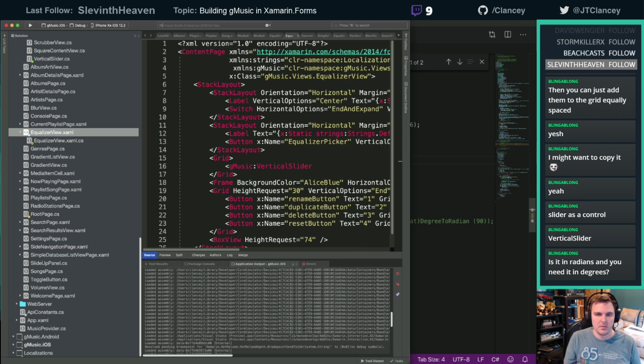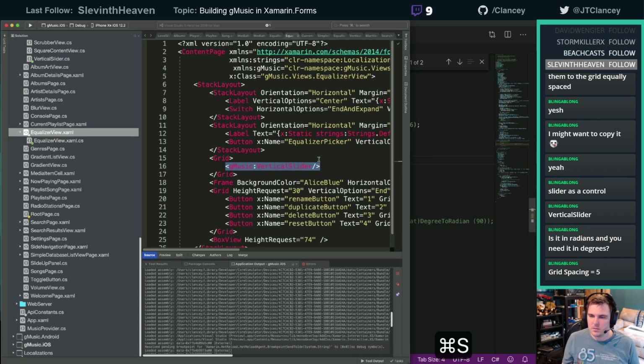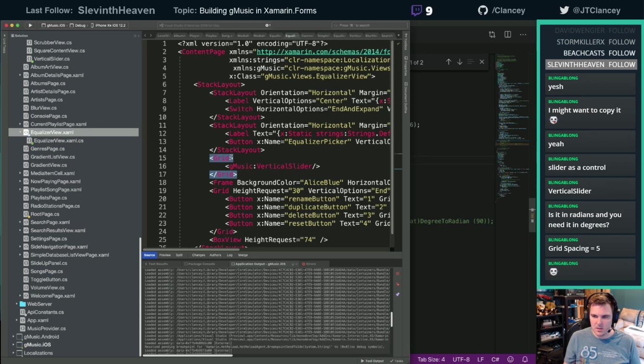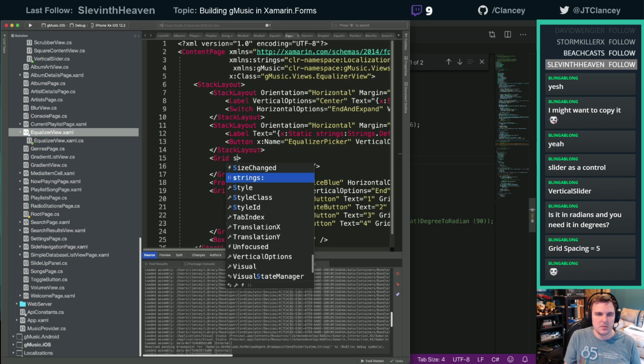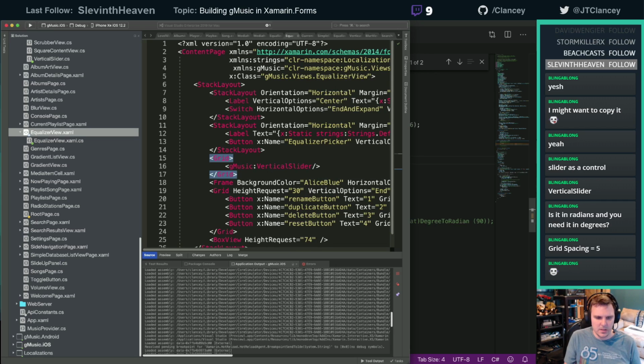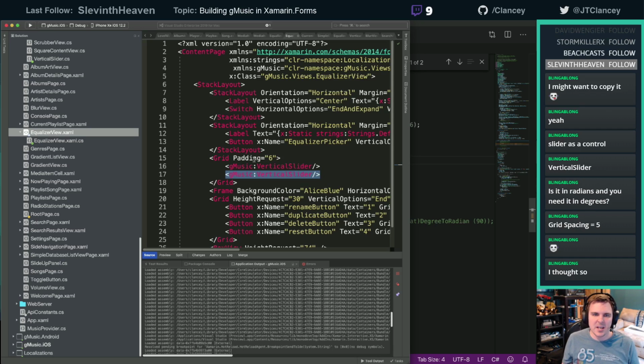Okay. Perfect. Spacing. Do I throw that in? Is it spacing that I'm looking for? All right, so we're just going to throw one of these in here though. Actually, I don't think I need spacing at all because each of these are going to center inside their own.